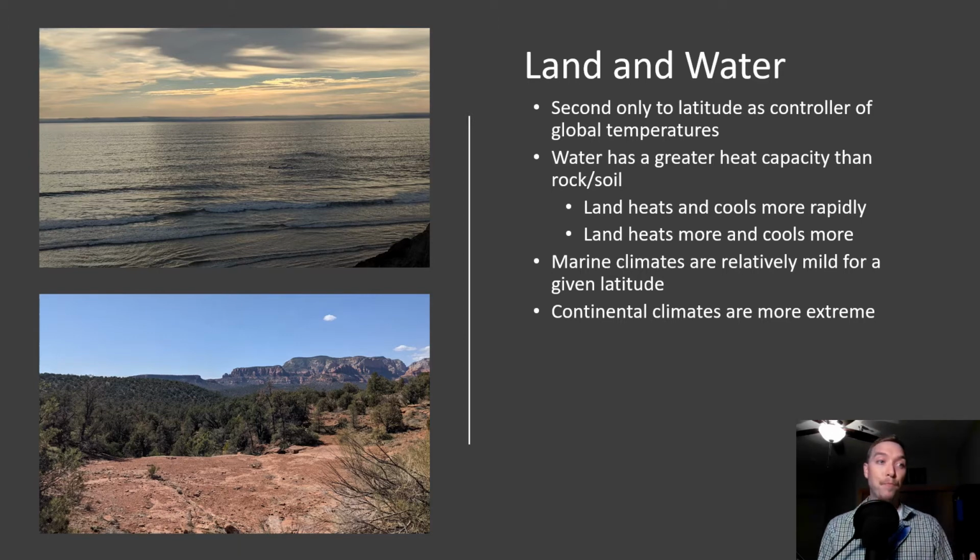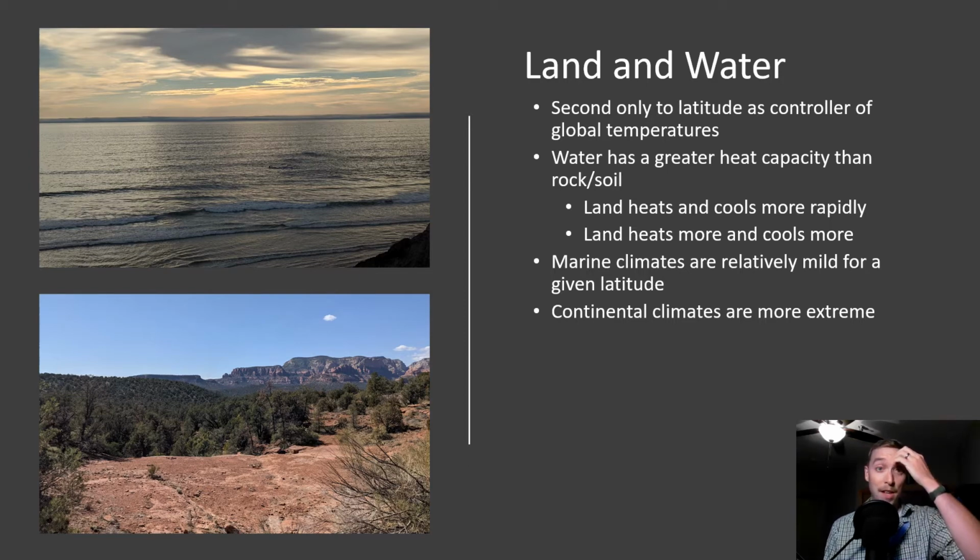Marine climates are typically mild for a given latitude because of the moderating effect of a large body of water. Even on the Great Lakes, along the Pacific and Atlantic, anywhere you have a very large body of water, those coastal areas are going to have a much more moderate climate than an interior region with the same line of latitude. Continental climates are more extreme. Think of Eau Claire. We go from negative 40 sometimes in the winter to 30 degrees C in the summer with high humidity. But even here in our own state, areas along Lake Michigan are going to have a much more moderate climate than we actually have.